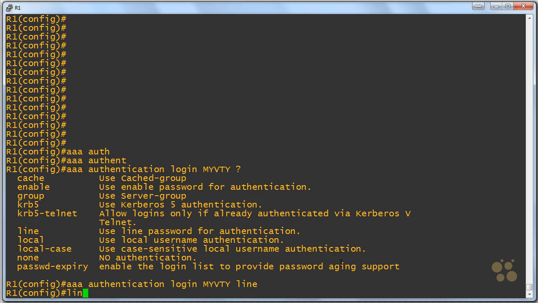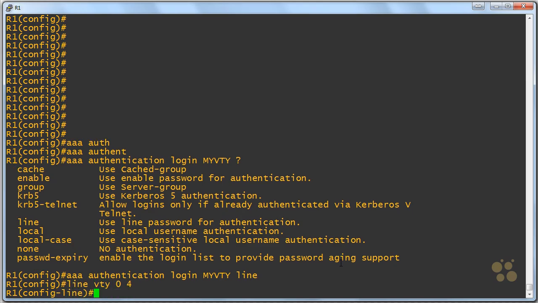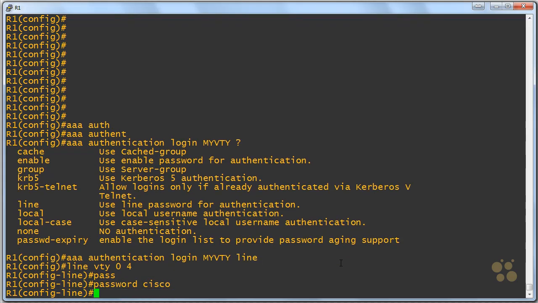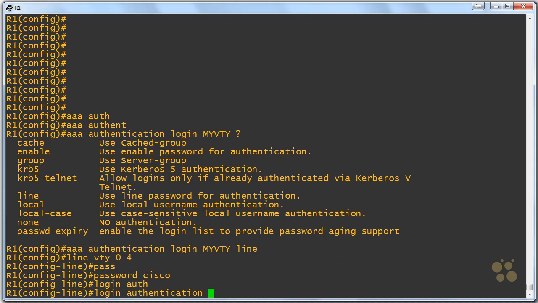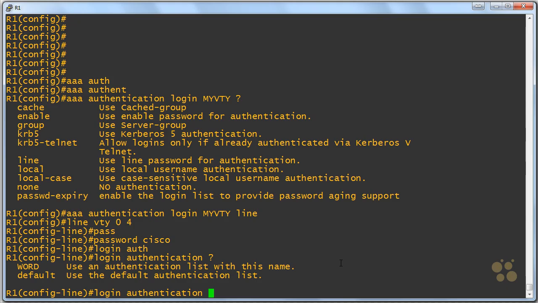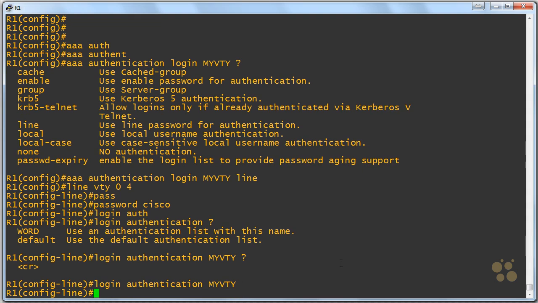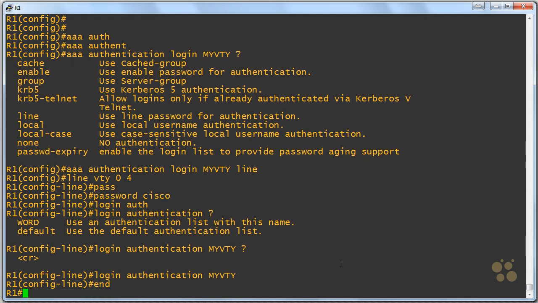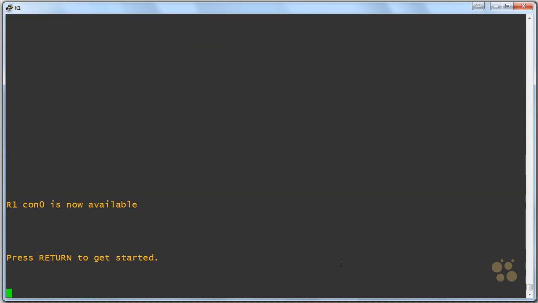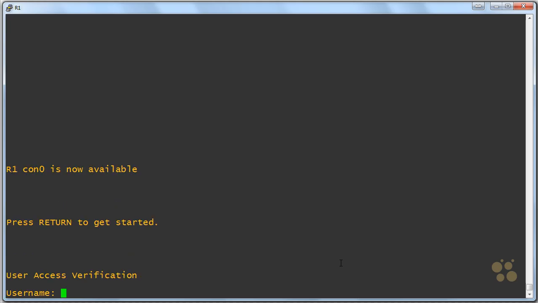So now we'll say line VTY 0 to 4. We'll say password is Cisco, and we'll say login authentication is going to be handled by the myVTY methodology that we set up. It's that simple. So now we'll end this configuration, we'll exit the device, and the first thing we'll test is